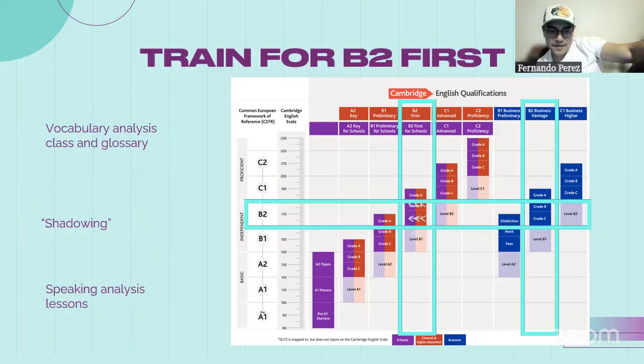And that's it. What I want to do this week, we are going to start with the shadowing method because we need to practice our fluency, pronunciation, speaking, and then analysis. Let me show you this